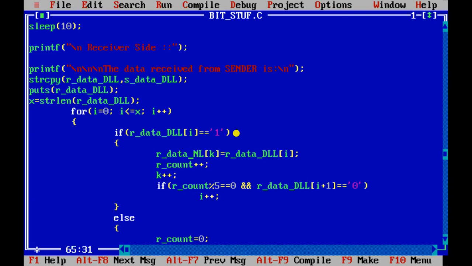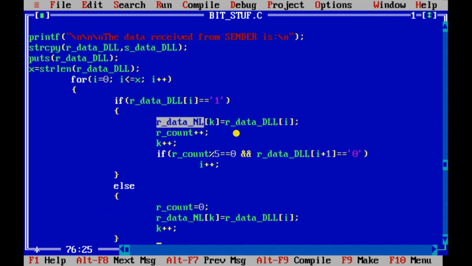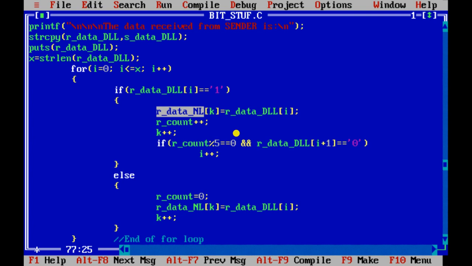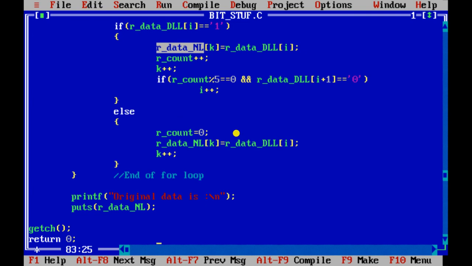While copying, if you find 5 continuous ones and after that there is a 0, directly increment the position of I. That means the index value of this string gets incremented, so that 0 will not be copied into the other string. And then you print your original data.